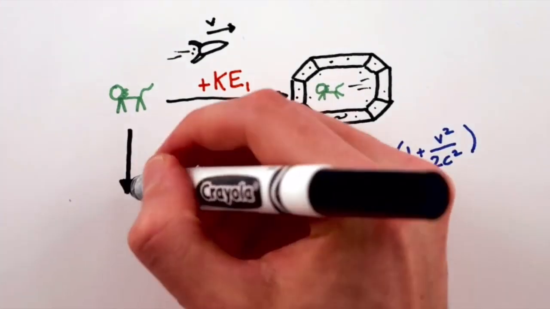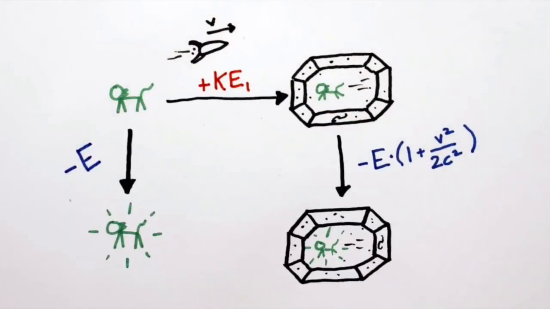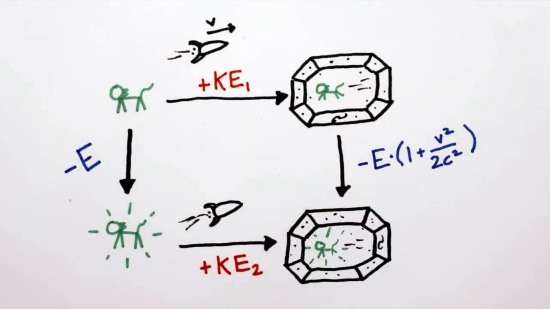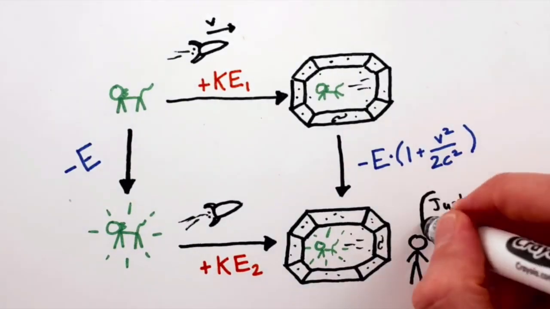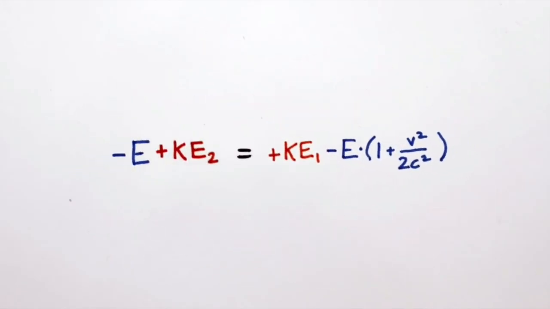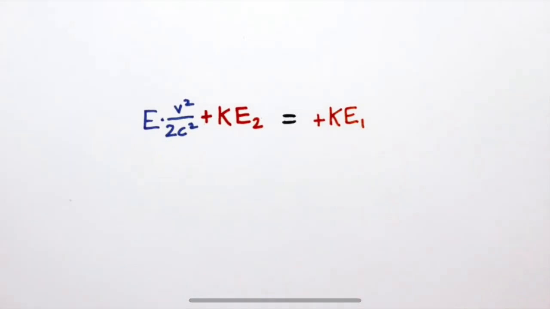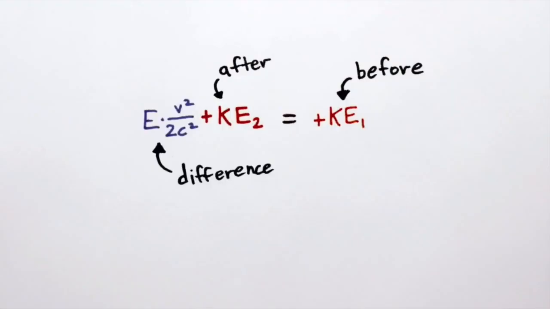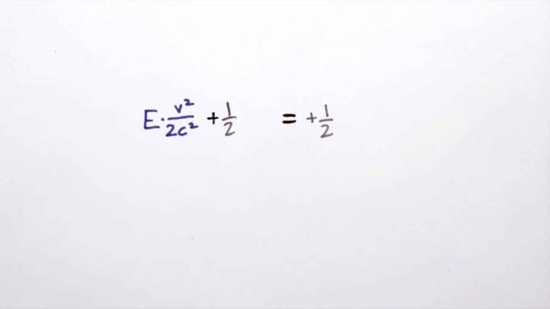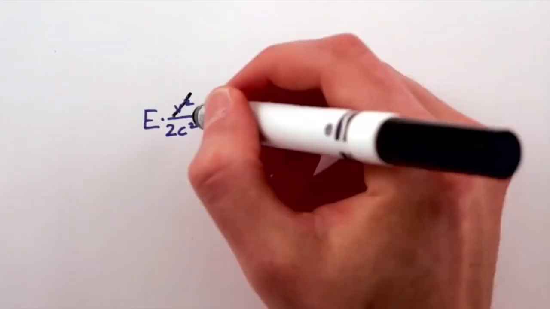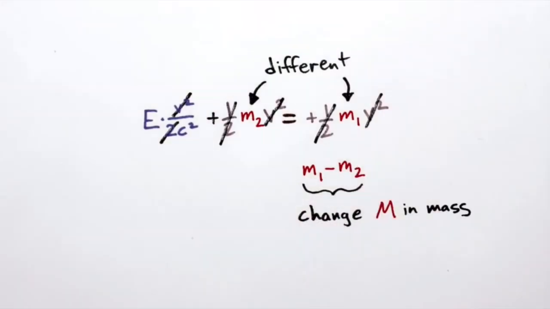However, if you wait for the cat to emit light, you are only subtracting the energy by itself. And with this, you still add kinetic energy. But because you never interact with the cat, these two amounts are the same, so you can set them up to be equivalent. And so after rearranging, we can see that the kinetic energies are different before and after. And kinetic energy is equal to 1/2 times mass times velocity squared. And we know that the velocities stay the same, so the mass has to make up for the difference. And after canceling everything out, we get that the change in mass is equal to energy over the speed of light squared, or